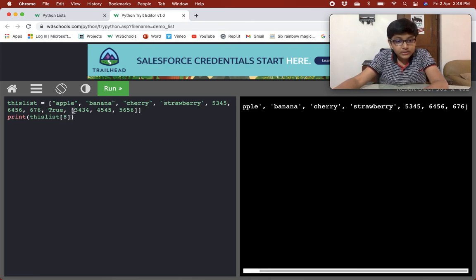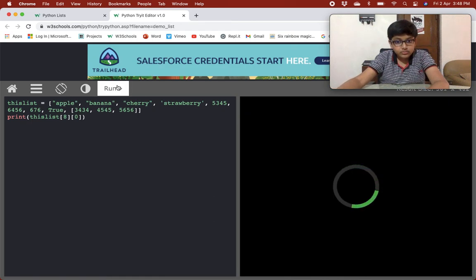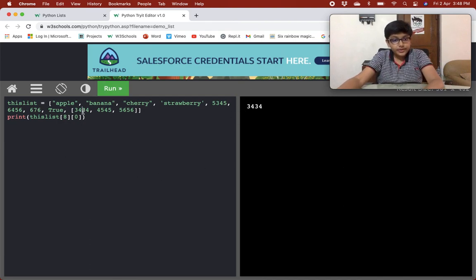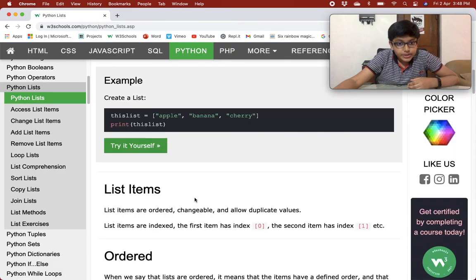If I want to access this list's 0th element, the first element, then I will give brackets 0. 3434 is being printed. I could have given more data types like tuple, and all the data types can be there in a list. So this was the syntax of how to make a list.